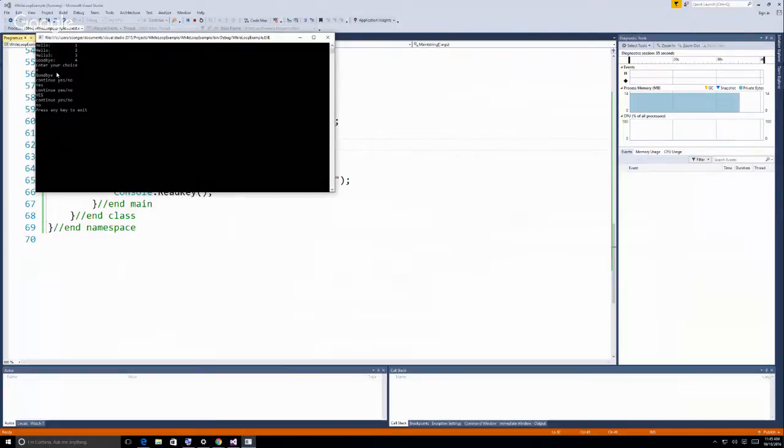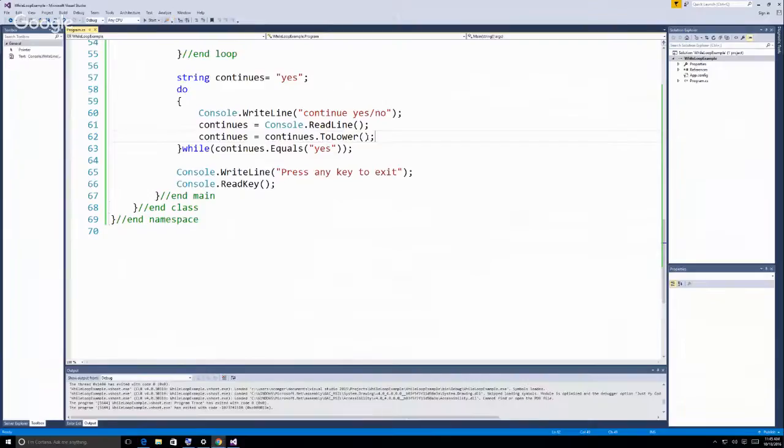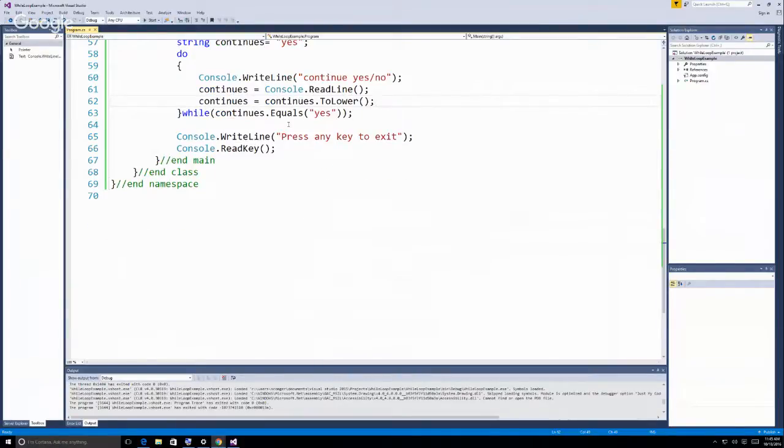All right, yeah. So how would you do the while part so that they have to enter something specific? Well, you could say while they don't answer yes or no, it tells them you need to enter yes or no. Right, so if you enter anything else, it continues, right? So I mean, you could do a loop inside of here that says if it's not equal to yes or not equal to no,